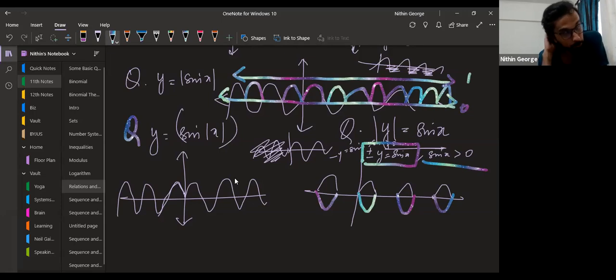So basically, what you drew here is not a function. It's okay if it's not a function here, because you're putting a mod on y. The second you put a mod on y, you're defining two functions. That's the idea. Y equal to f of x. You put mod y equal to f of x, you are actually defining two functions there. As simple as that. And you would ignore all the parts where f of x is less than 0, because you're talking about mod. LHS is positive, literally means RHS must be positive. If it's negative, ignore. Are you following, or am I going too fast?